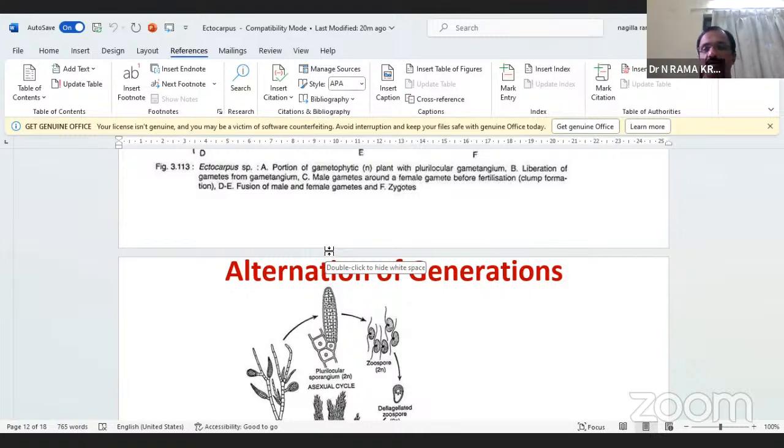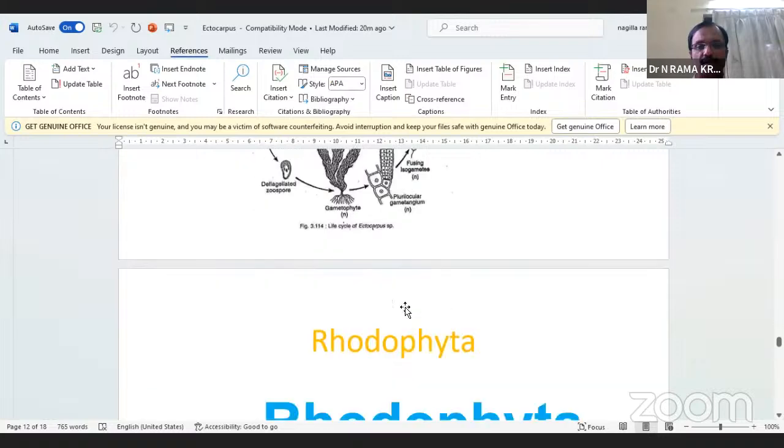So Laminaria is the same. Reproduction takes place by vegetative and sexual reproduction. Here you see reproduction by zoospores. The zoospores are motile swimmers and may be called meiozoospores or gonozoospores. Meiozoospores and gonozoospores are there. So this is the same, almost all the same reproduction system. So next one is